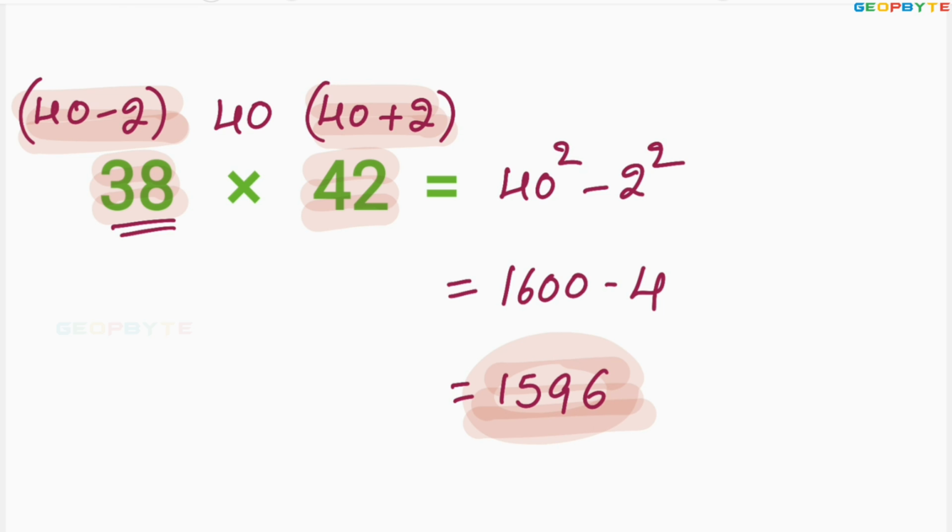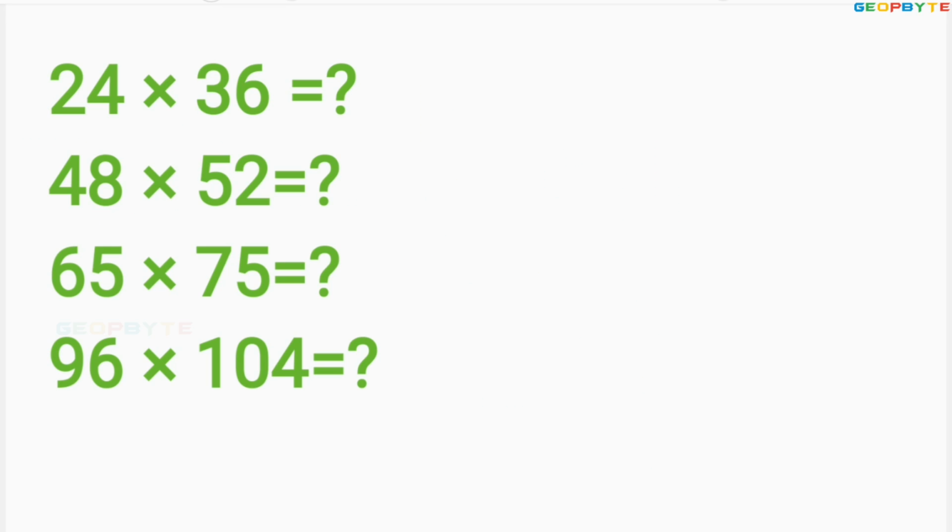Dear friends, you try to come to know whether the two-digit number multiplication is given with a common middle number or not. If it is given with a common middle number, you go through this approach, you can complete the multiplication within 3 seconds. Dear friends, shall I give some problems for your practice? Yes, let us take some practice problems.